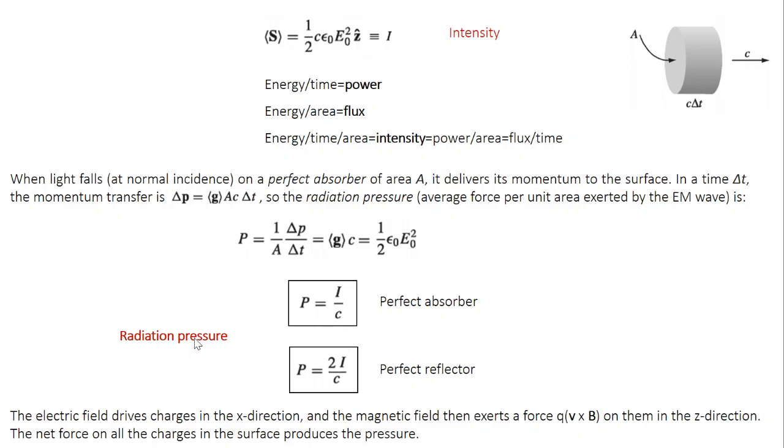But there are situations where radiation pressure becomes significant. For example, take the case of outer space. As you know, in outer space, the gravitational force is very weak, and other types of forces like Coulombic force or van der Waals force are absent there. So in such cases, radiation pressure becomes a dominant force. I will give you one example just to highlight the importance of radiation pressure in outer space.